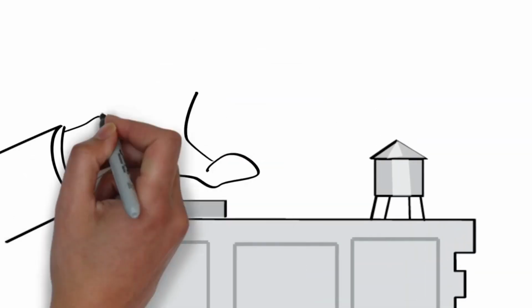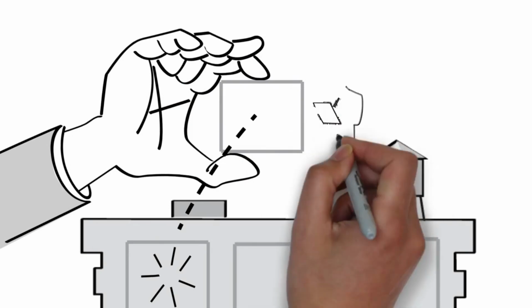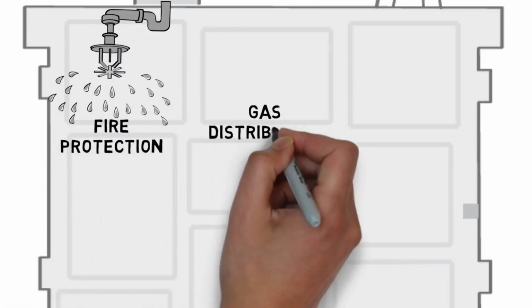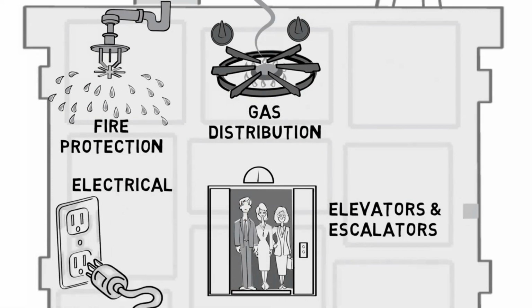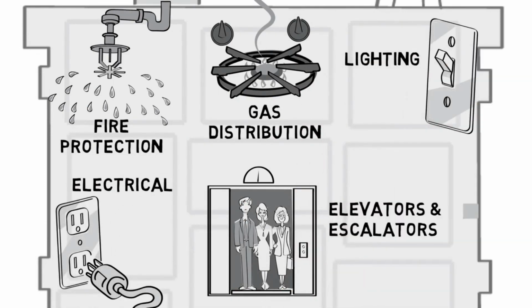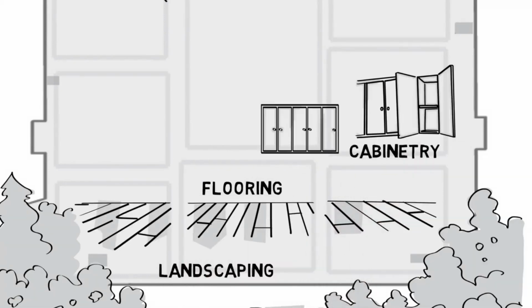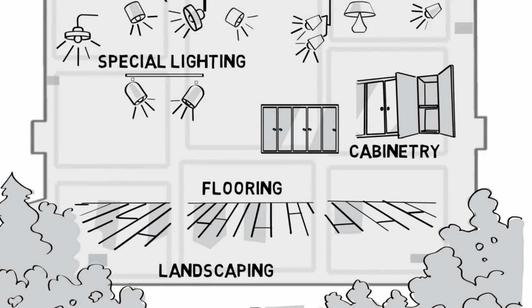If you pull out the separate building systems, like taking a block off our building, those components can help property owners increase their annual write-offs. Building systems include fire protection and gas distribution, the elevators or escalators, the lighting, electrical, and HVAC systems, just to name a few. And other assets like landscaping, flooring, cabinetry, and special lighting and electrical would qualify for shorter depreciation